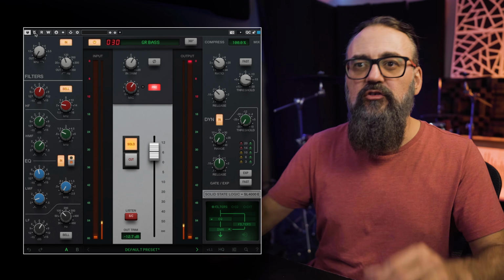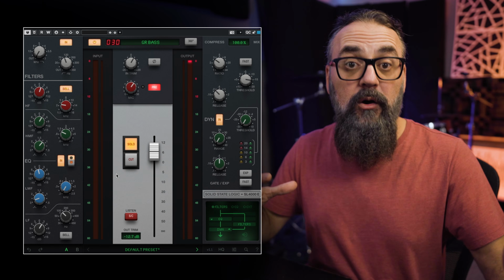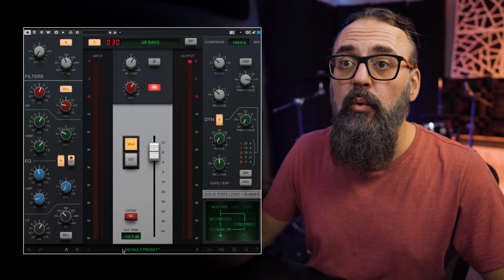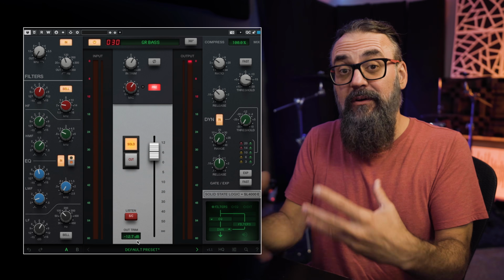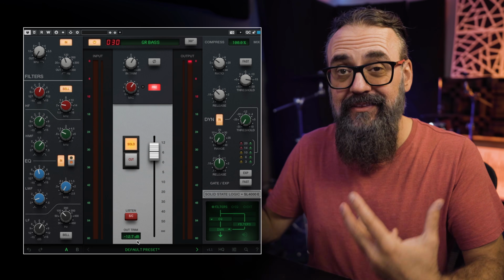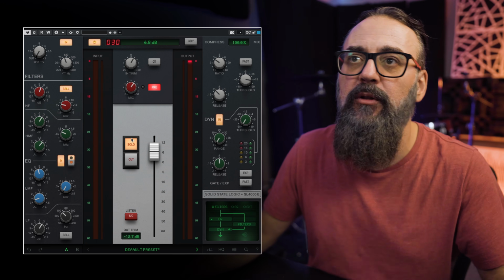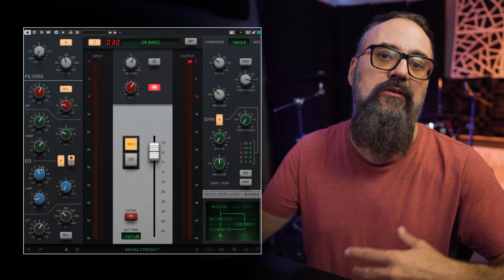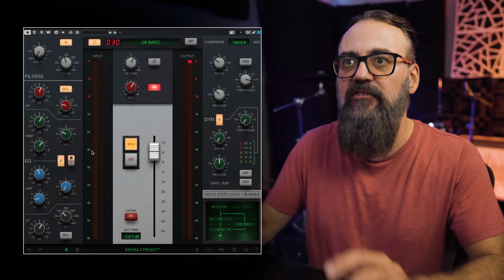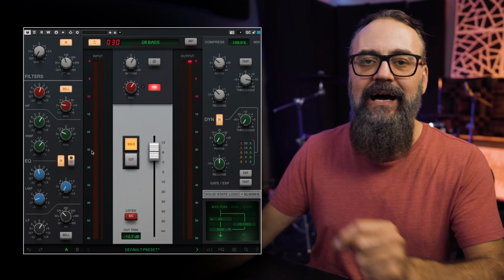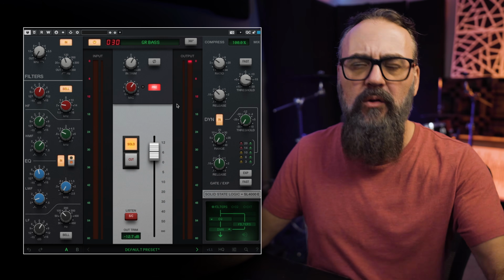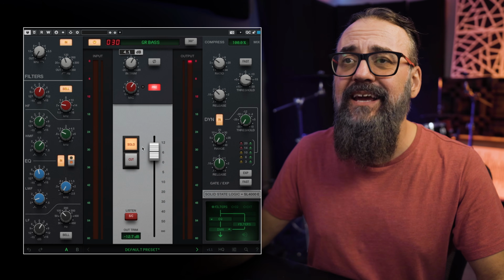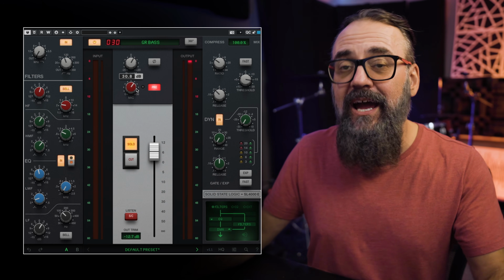Okay, cool. So I tried to level match when bypassing the plugin with the output trim. So it gives you a very good idea of how that sounds. Now, when I bypass the plugin, of course, it's going to bypass the whole thing, you know, compression, EQ and all that stuff, but you can actually have a great idea of how that sounds in general with this plugin. So I kind of like the input drive with the preamp that we have on this version